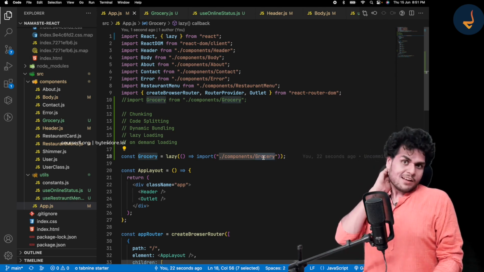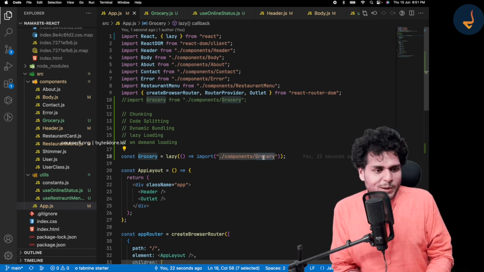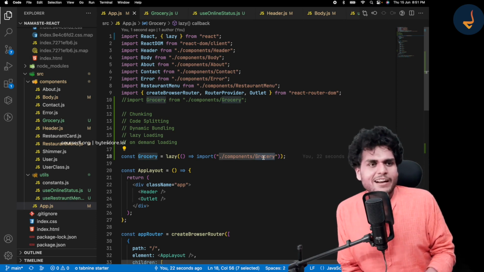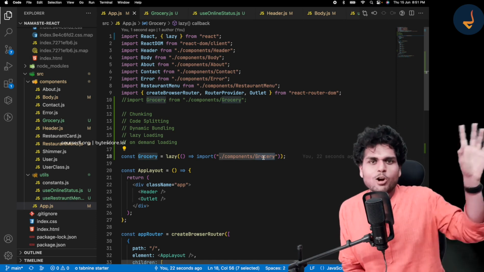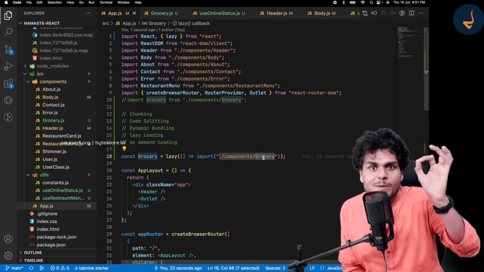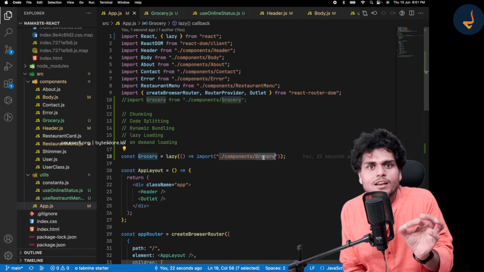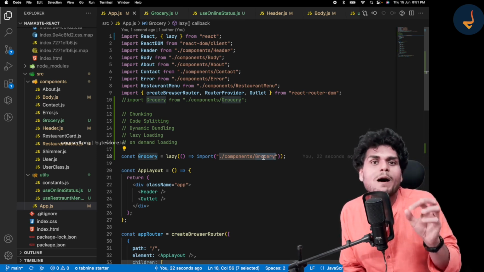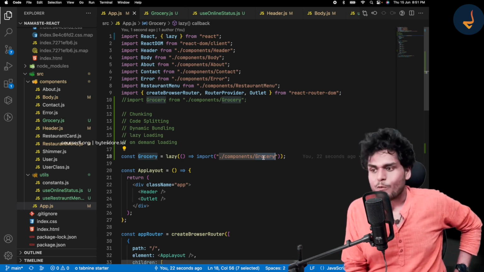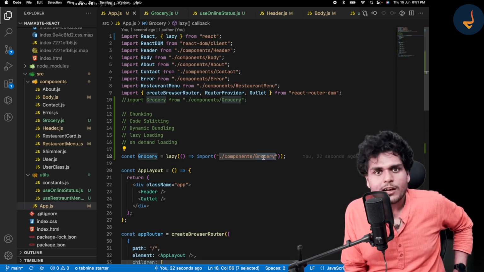Now, a lot of people say that it's just a one-line code. It cannot do a lot of things. But let me tell you, my dear friends, this one-line code has a lot of power in it. We have just written this one-line code. Don't underestimate this single line of code.